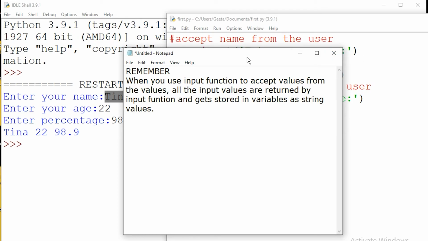No matter whether you are providing integer or float values or a string value, every input will be considered as a string value if you use the input function to accept values from the user during the execution of the program.